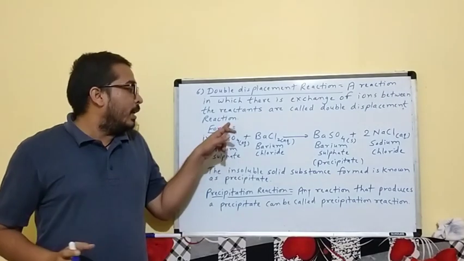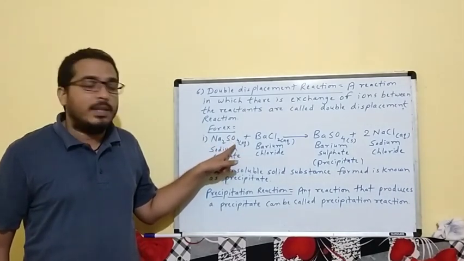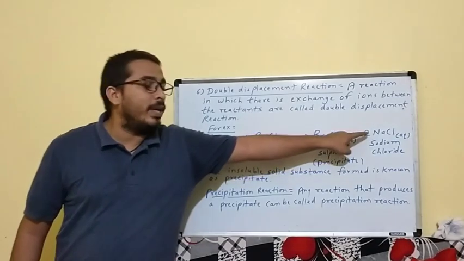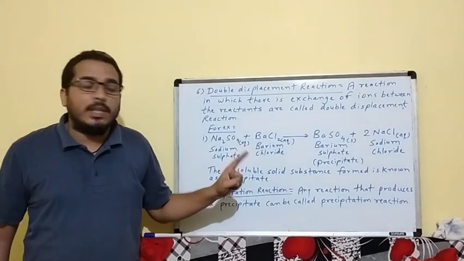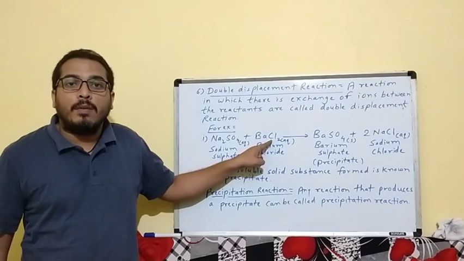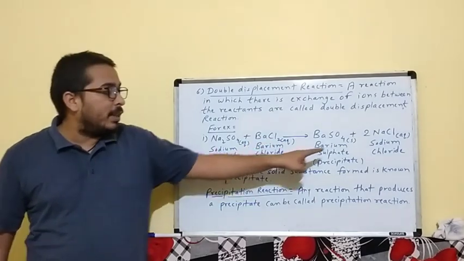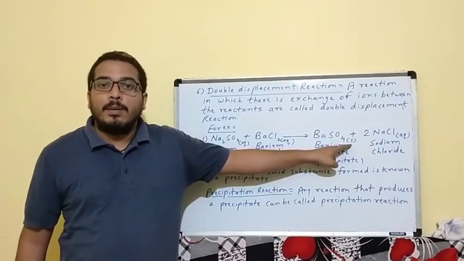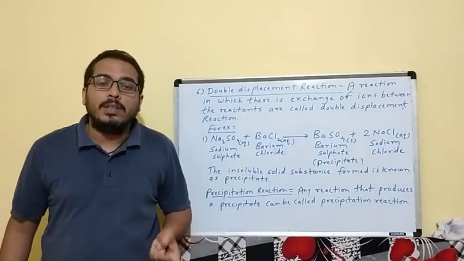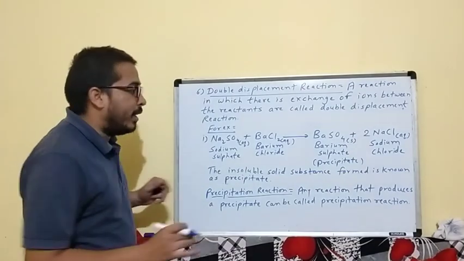So here in this reaction, if we take the example, when sodium sulfate reacts with barium chloride, it will form barium sulfate and sodium chloride. In this reaction, sodium sulfate and barium chloride are both present in the form of solution, or in aqueous state, and barium sulfate will be formed in solid state, and sodium chloride will be in aqueous state. Exchange of ions means we can write the equation like that: